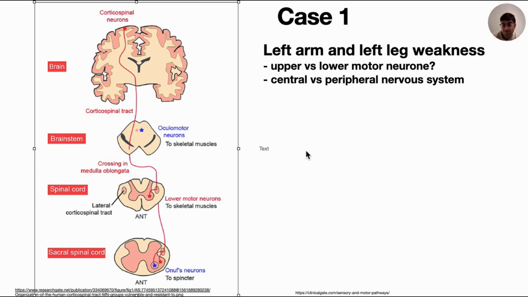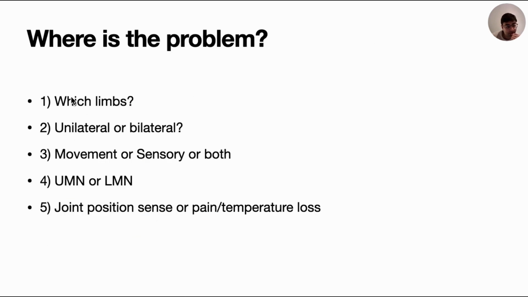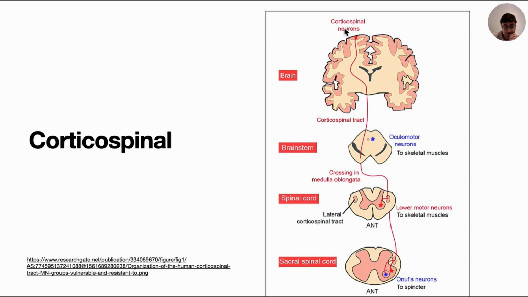Now we need to try and figure out where in the corticospinal pathway that lesion lies. And if we go back to the questions, we had the start, we need to work out which limbs. Well, we've already been told it's the left arm and left leg. And that syndrome is called a hemiparesis. And when someone's got a hemiparesis, we always think about problems in the brain, because the motor cortex on one side of the brain controls the arm and the leg on the opposite side of the body. A more rare cause can be a lesion high up in the cervical cord on the left side of the